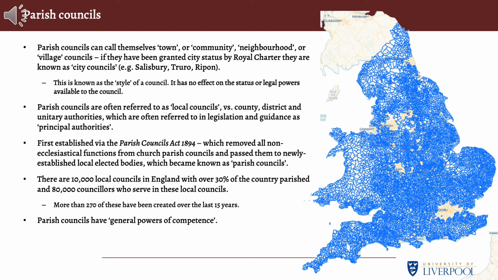Now, there is a process of them being created. You'll see London has one or two parish councils now. And these are bodies that are underpowered, right? So they have very few formal powers, but they do have what is called the power of general competence. And that is a legal power that was introduced by the Localism Act of 2011. What it does is it gives councils the power to do anything that individuals can do, provided it is not prohibited by other legislation.